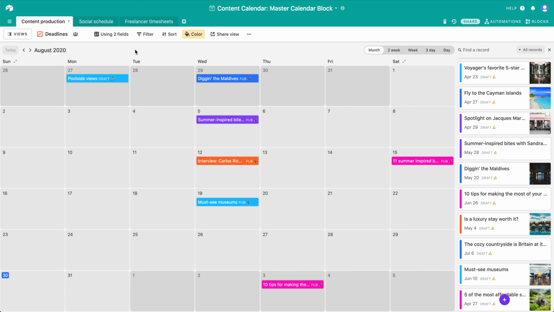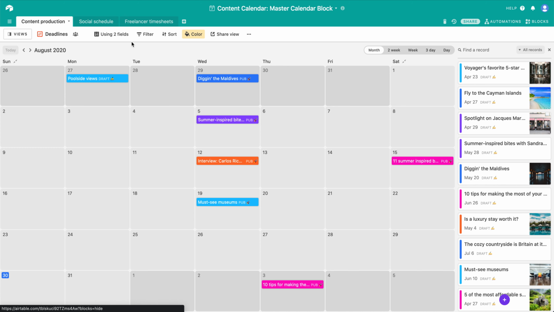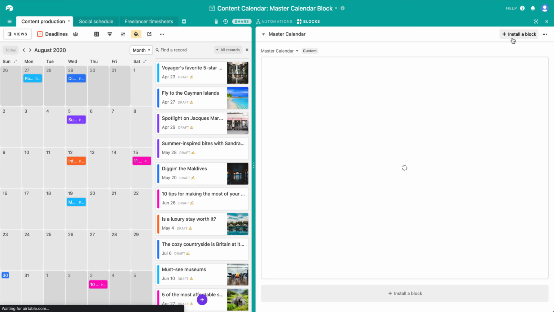By default, in Airtable, if you have a table with one or more date fields, you can look at all of your records on a calendar using the calendar views. And these are great, except if you have more than one table where you want to show records on a calendar, you can't do that at once. So my content production table has a separate calendar view from my social schedule table. And natively, there's no way to get them all into one calendar interface, which is why I made my own